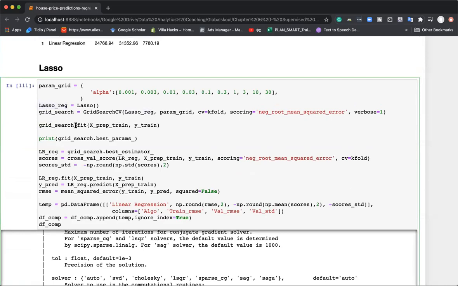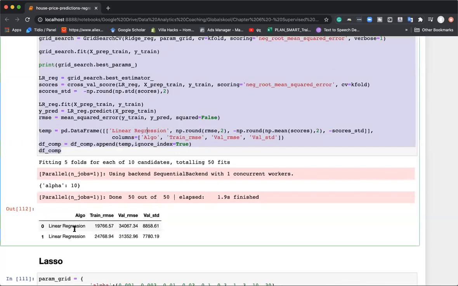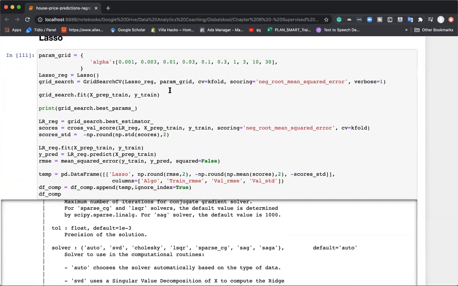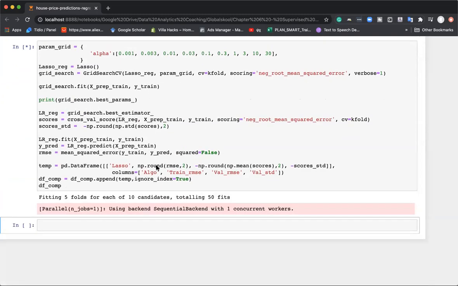Everything else should remain the same, and we'll change the name here to lasso. In fact, in the earlier one, we had not changed the name to Ridge. So even though the score belongs to Ridge, we see linear regression here. Let me update that to Ridge. Even with lasso, let's try the same parameter alpha, and once we execute this,